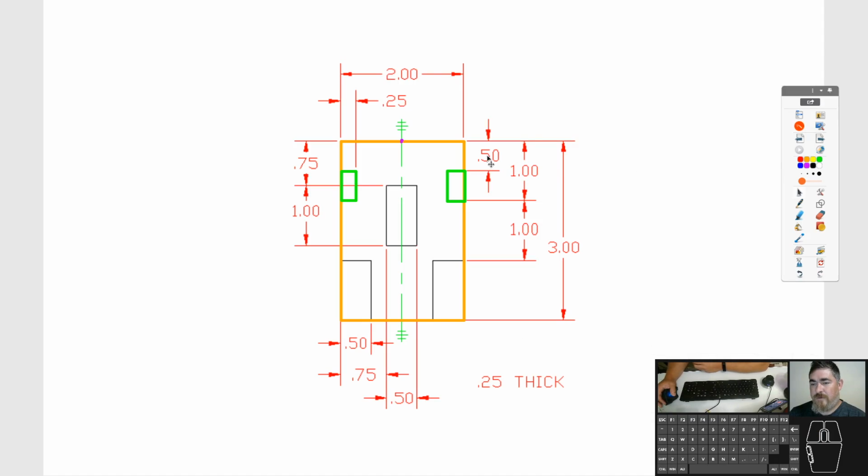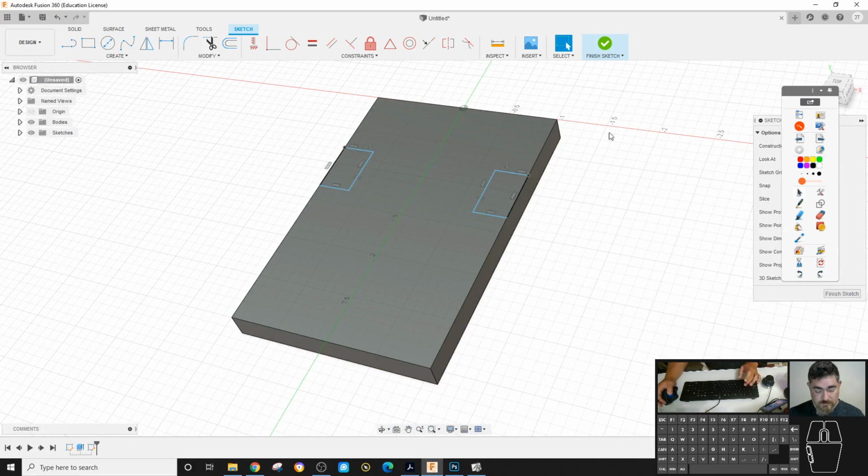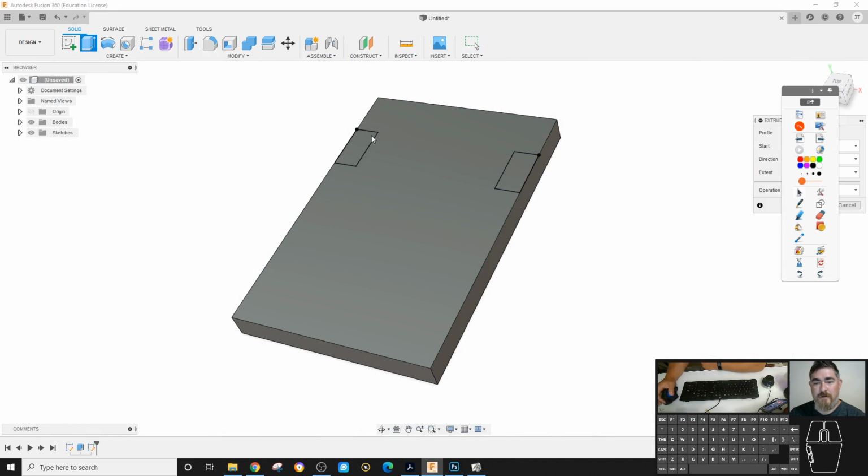And check the dimensions. So 1/2 inch down. And the bottom edge is 1 inch down, and it's a 1/4 inch deep. So that's 1/2 inch. And from that edge to there is my 1 inch, and there's a 1/4 inch deep. And you can see the other one is fully constrained also. So I can finish that sketch, extrude,